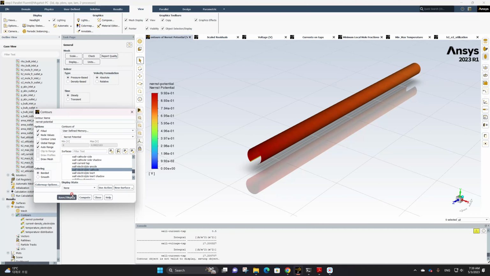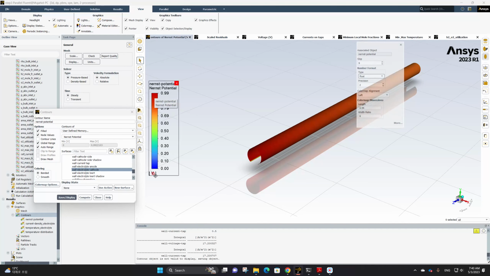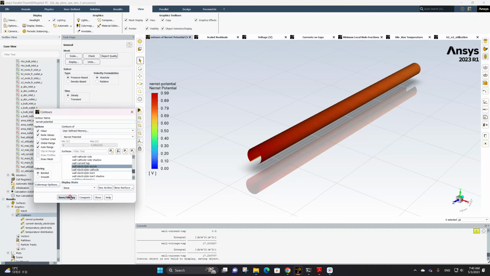Now the Nernst potential at the cathode side and the anode side will be different. So this is the Nernst potential at the cathode side, and if we give it float, so you can see the Nernst potential is giving mostly red regions. But if you go to the anode side and display it,